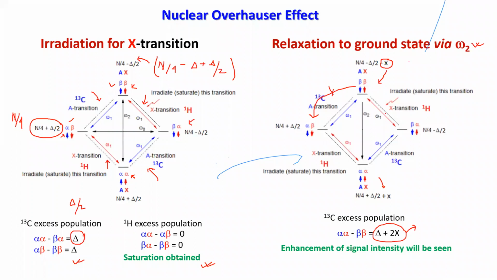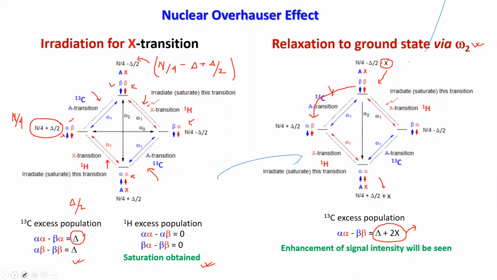Now I'll be moving to look at another transition, I mean the relaxation. I told you relaxation can take any route. It can take two quantum relaxation, one quantum relaxation, or zero quantum relaxation. For two quantum relaxation, we are looking at the excess nuclei being increased compared to before for 13C at the ground state. That is two quantum transition, so that will definitely help the enhancement of the peak.